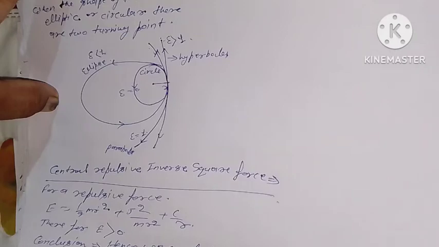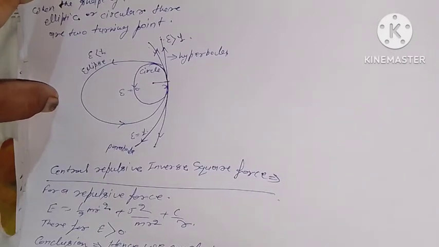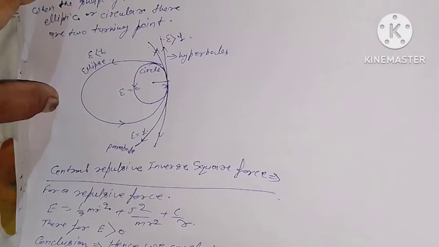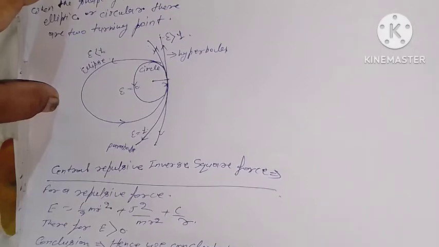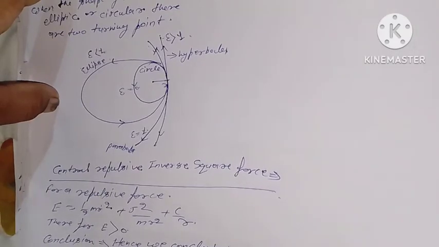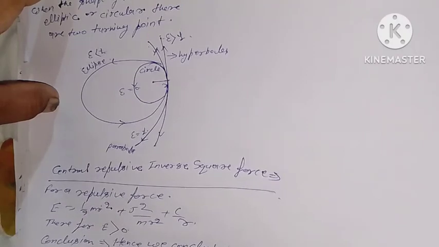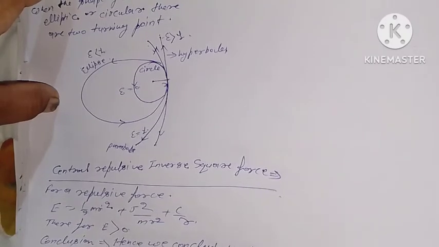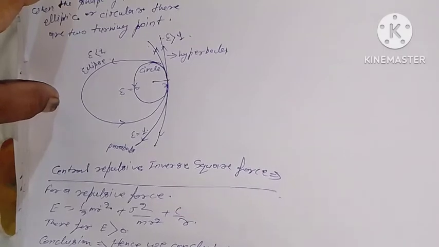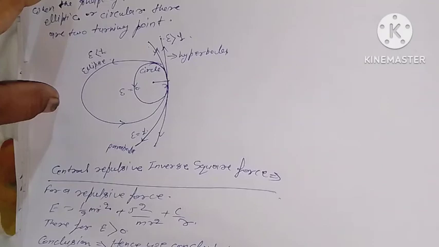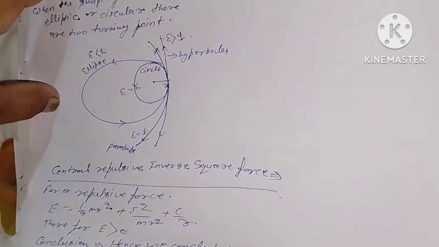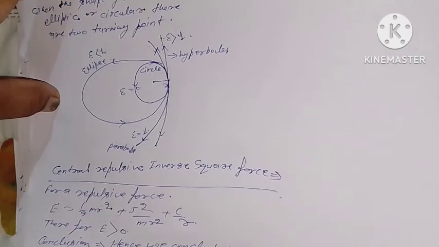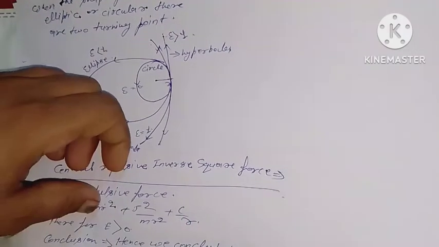The first two quantities on the right hand side are positive, and the last quantity is negative. And so E is greater than, equal to, or less than 0 according as 1/2 m (dr/dt)² + J²/(2m r²) is greater than, equal to, or less than c/r, and hence according to that the trajectory will be a hyperbola,